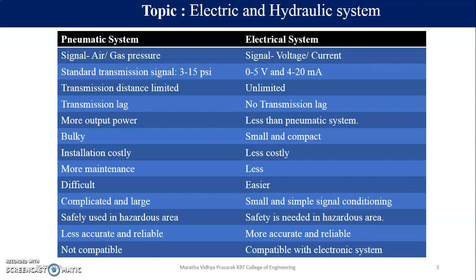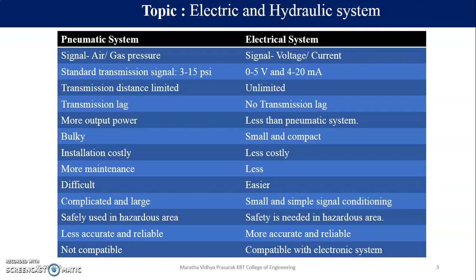Okay, so starting with the signal. As you know, when we want to transmit anything, we need to have some signal. It can be voltage, it can be current, it can be air, gas, fluid. Right now I am trying to talk with you, so that means there is again voice as a signal. My brain is coding something and it is being transmitted through my mouth. The same applies to any system. This is an audio system. Today we are going to talk about pneumatic and electrical systems.